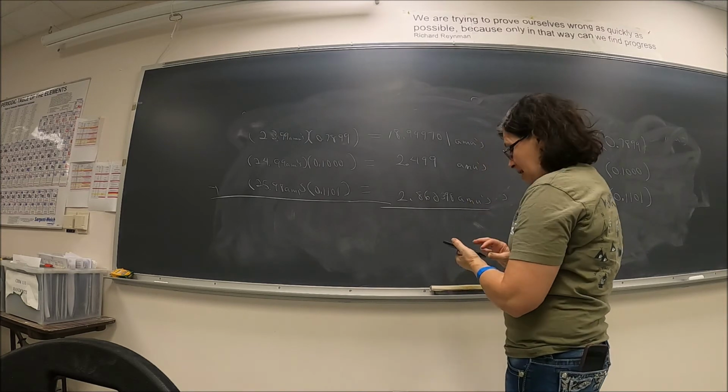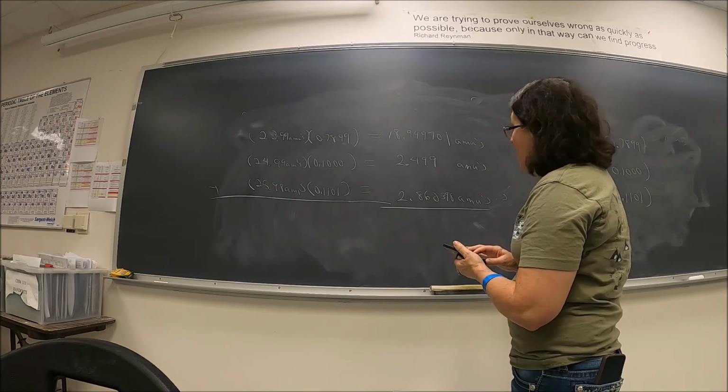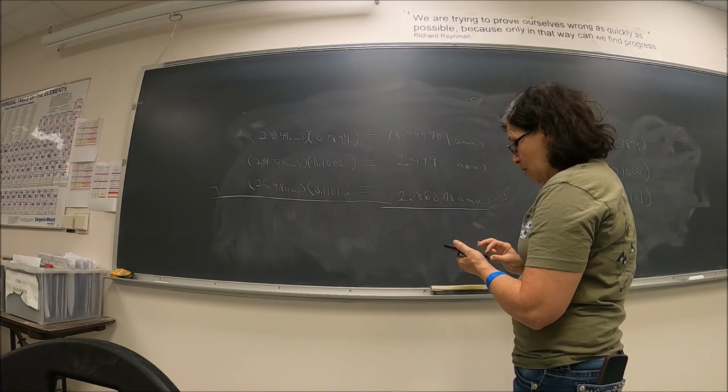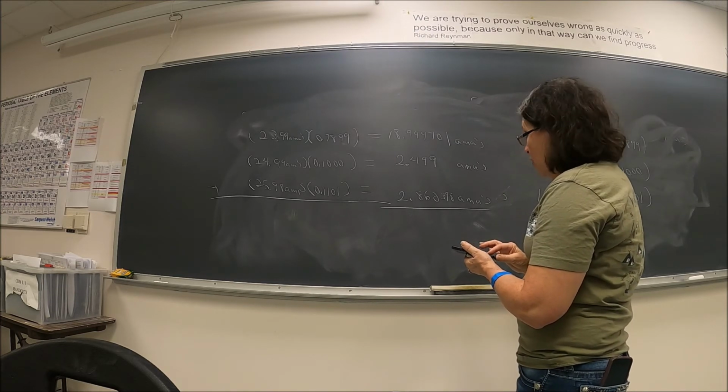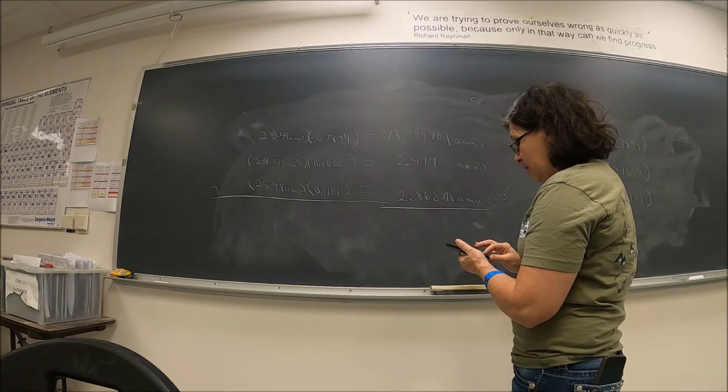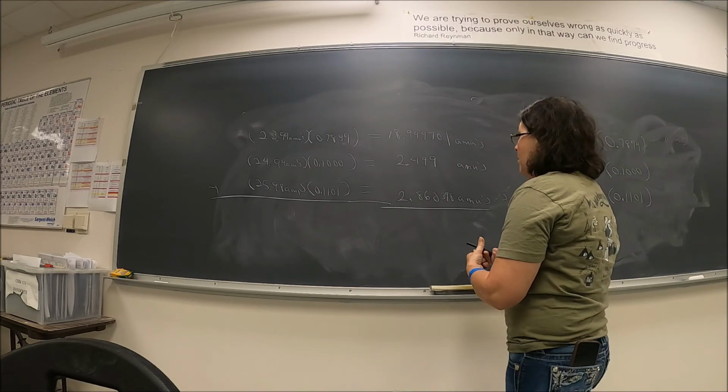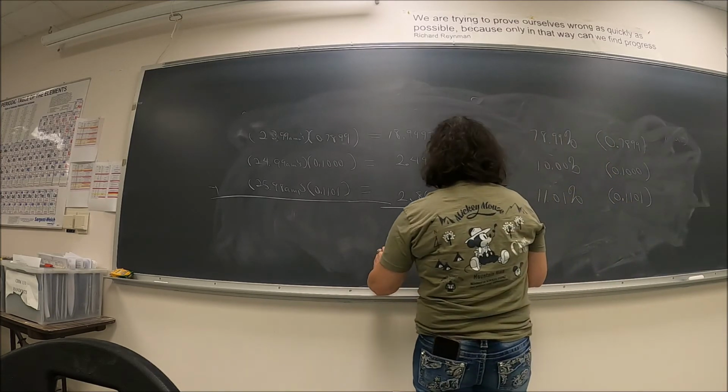Now, if I add these up, 18.949701 plus 2.499 plus 2.860398, my calculator is reading